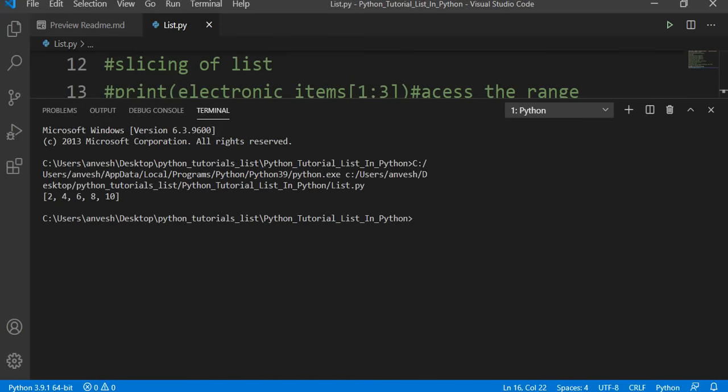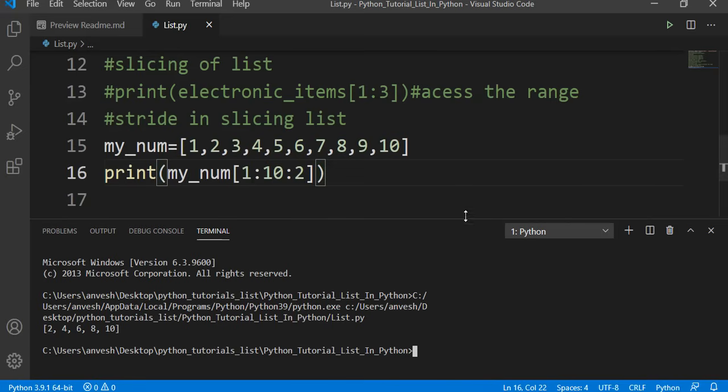Just run this and check. So here you can see that 2, 4, 6, 8, 10 are getting printed. To understand this, let us observe: since I am giving my range from 1, my first index number, that is index 1, points to 2. So it is starting from 2. Here I am giving a stride.